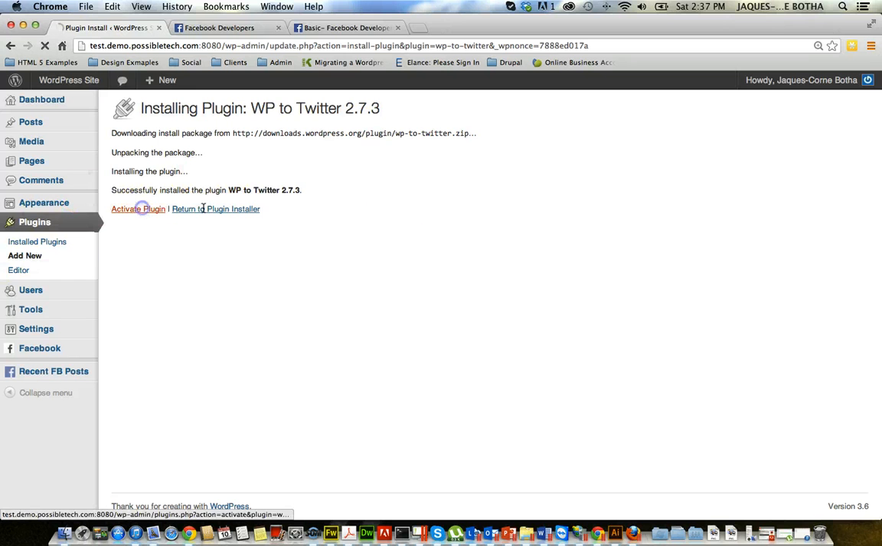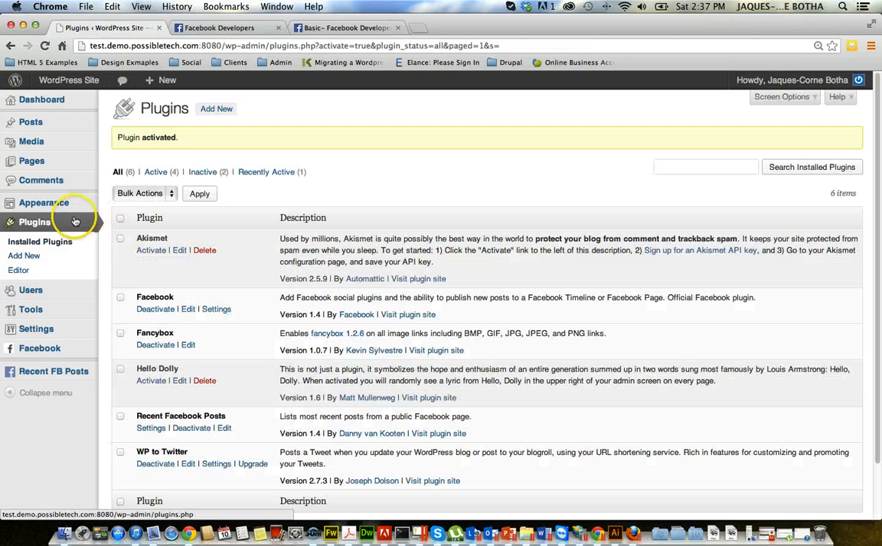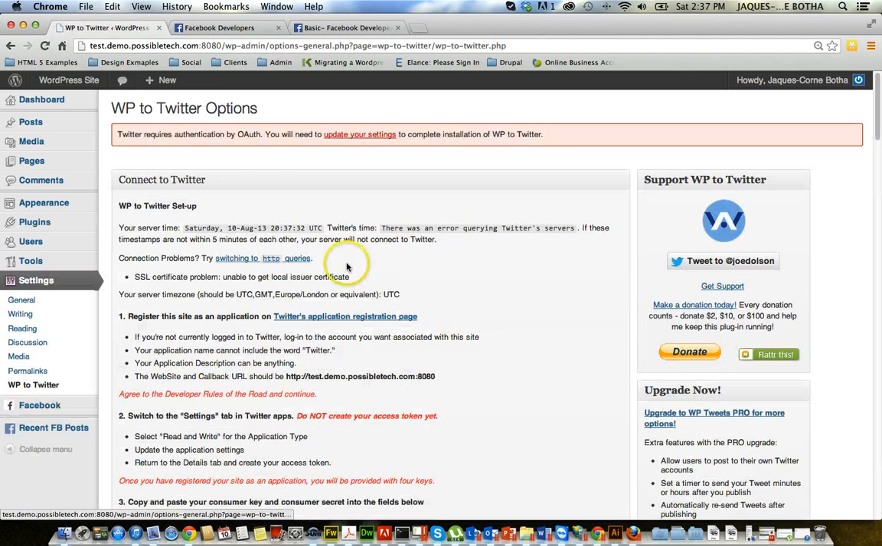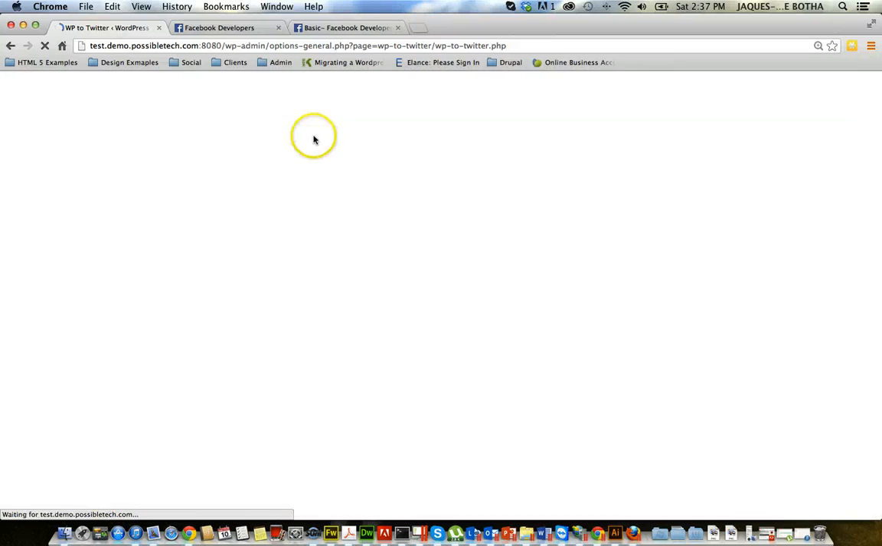So I'm going to go and activate the plugin, and unfortunately I don't have a Twitter account. I don't believe in Twitter, so I'm going to show you the steps as to how to get it working, and that's kind of where we're going to stop with that. You can see that it will show you step by step what to do. It says Twitter requires authentication by OAuth. You'll need to update your settings to complete this installation. So you can click here and say update your settings, and